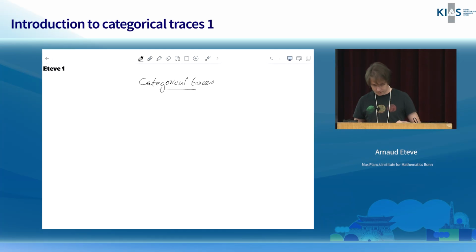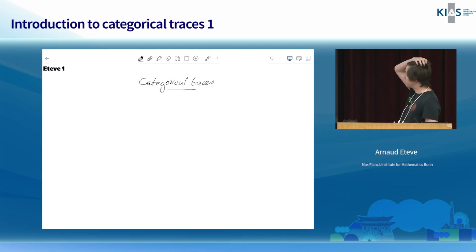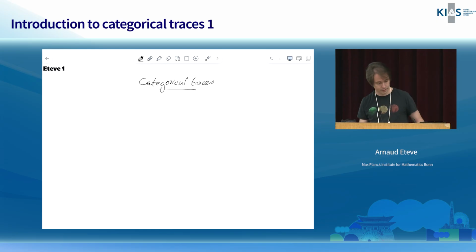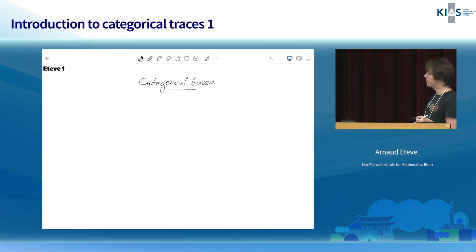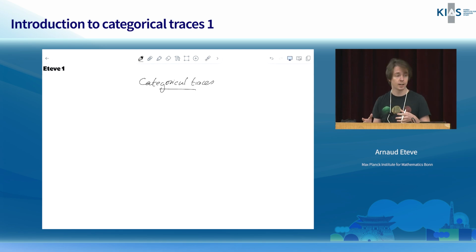Okay, so I will give 3 lectures on categorical traces, a topic that has gotten a lot of attention over the last 5 to 10 years. It's used critically in the construction of Xinwen Zhu and of Ben-Zvi, Sakellaridis, Venkatesh. What I'm going to talk about in the 3 lectures is more the abstract framework for it. And I think both David and Xinwen will use this in a more precise situation to explain their work.